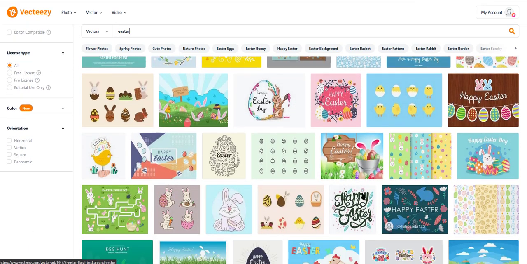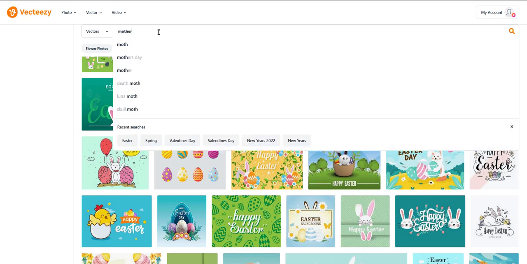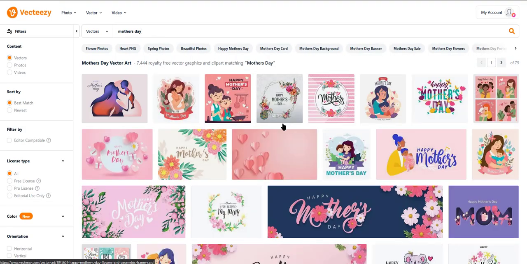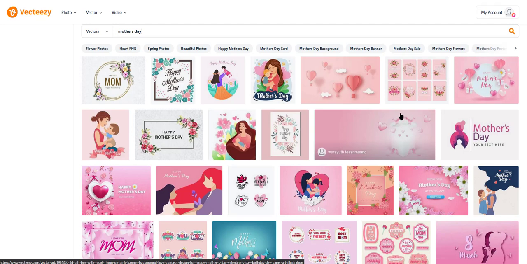Got tons of bunny designs, tons of eggs, Mother's Day, if you really want to look ahead. Plenty of images there. I mean, hopefully this makes sense, because essentially you can look up just about anything, but when you're doing the low content stuff, you are going to want stock, because it's a lot about